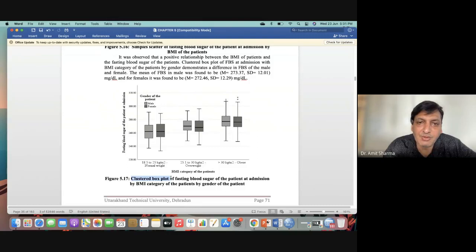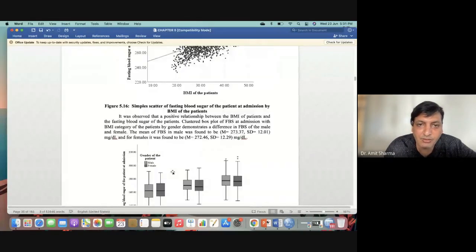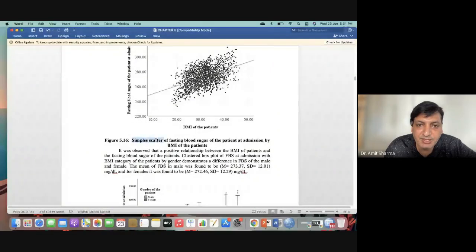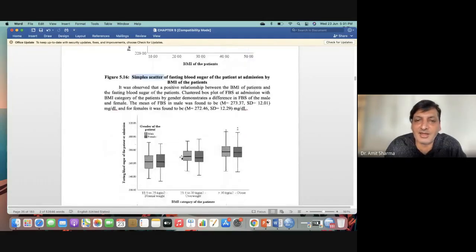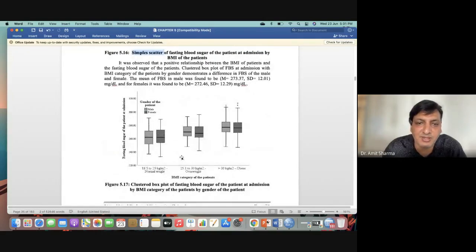So the name of the plot you have to write down, and whenever you are writing your thesis, at that time you have to write the exact name. For example, here I have written clustered box plot, and on the top I have written simple scatter plot. So these are the names of the plot which we have to write directly. We cannot write a graph has been plotted.